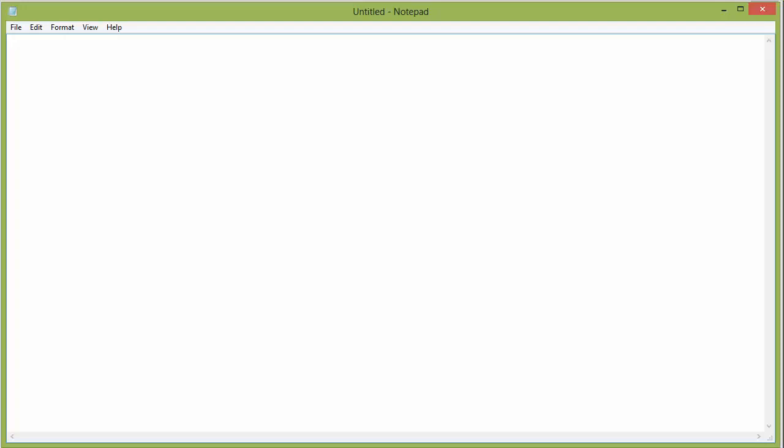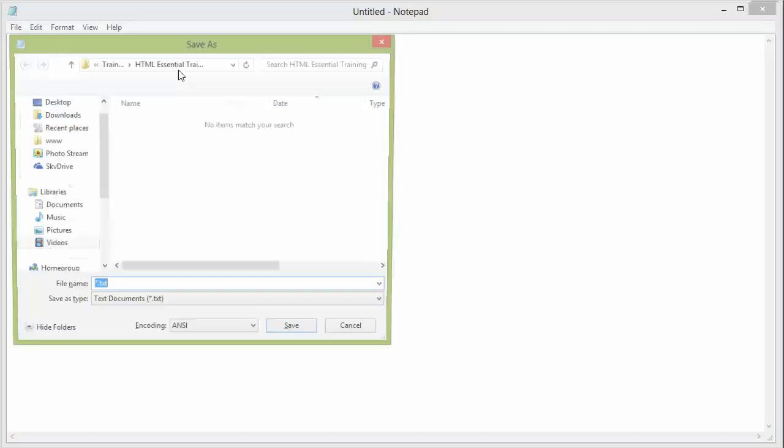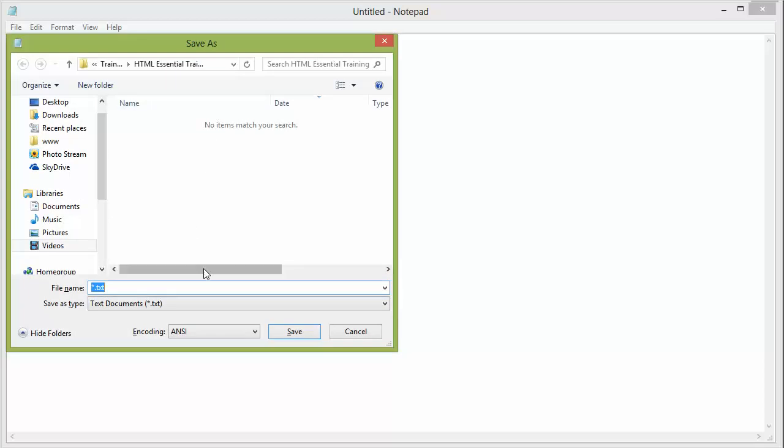So the first thing we're going to do is go up to File, Save, or if you want, you can press the keyboard shortcut Control S. Press the Control key on your keyboard, hold it down, press the S key once, and then let go of both. That opens the Save As dialog box. What you need to do is name and save your HTML Notepad document. So we're going to just call this